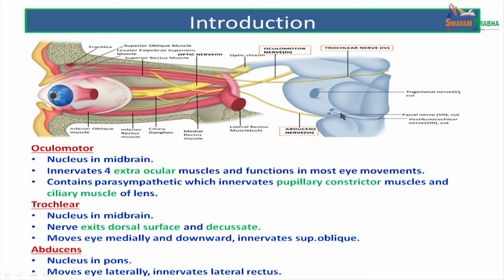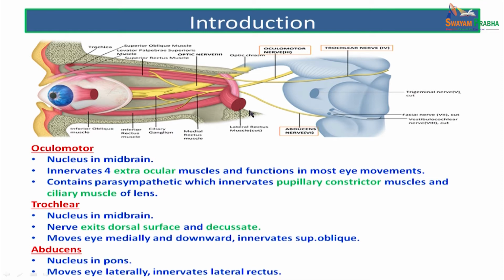its nucleus in the midbrain, supplies all the extraocular muscles of the eyeball along with levator palpebrae superioris, except the superior oblique and the lateral rectus. It also conveys the parasympathetic fibers to the ciliaris muscle and the pupillary constrictor muscle for accommodation and the